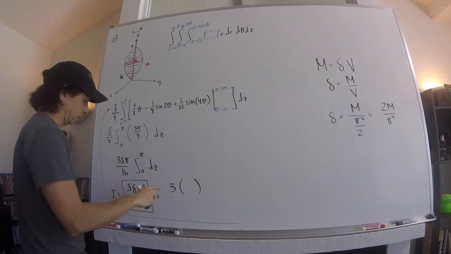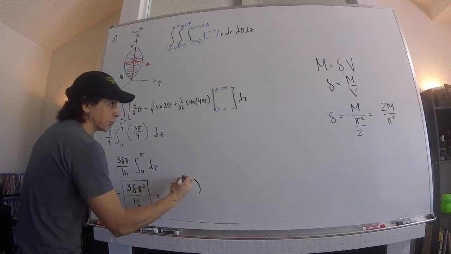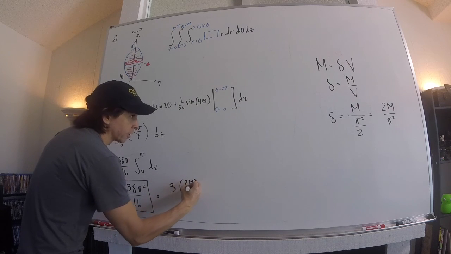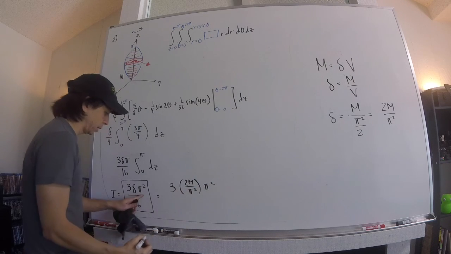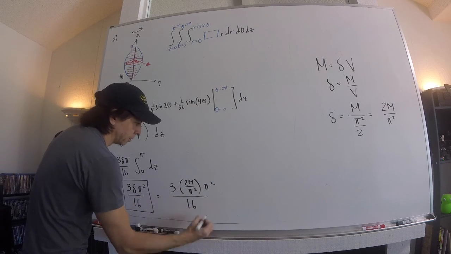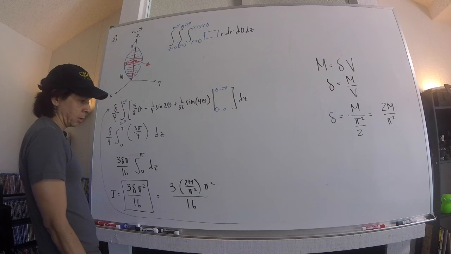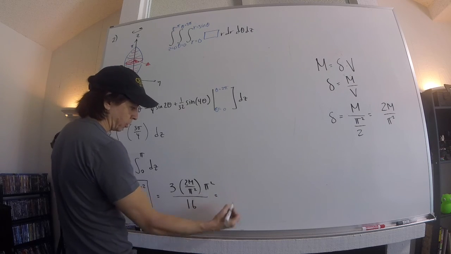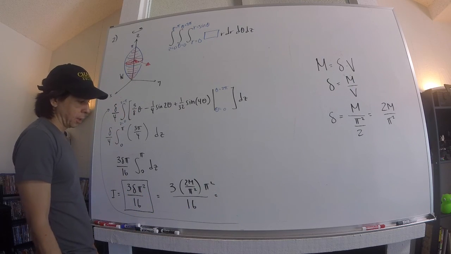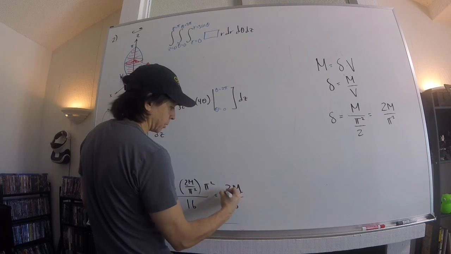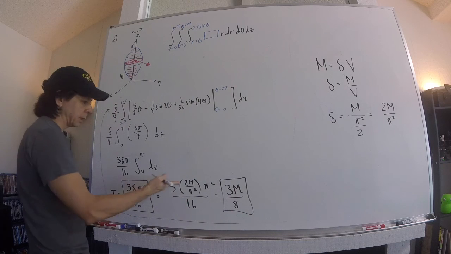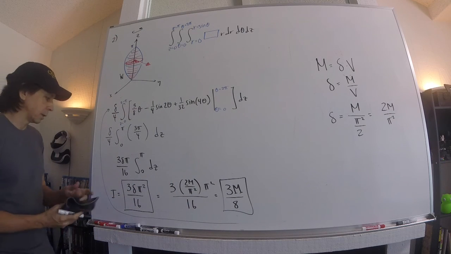And then right here, my delta, my density is 2m over pi squared times the pi squared from here, divided by the 16 from here. Pi squares cancel. I'm going to get 6m over 16. 2 is going to cancel, so I'm going to get 3m over 8. And that's it. I wouldn't worry about that conversion to capital M until you get this in terms of delta,